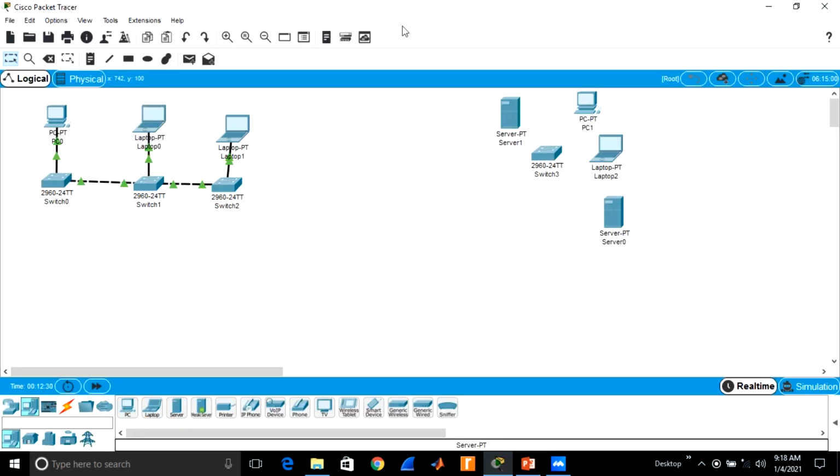By using... network is unstable, we use the servers, one is a DHCP server and one is a DNS. For that, in today's lab there will be a lot of devices. So when we configure every one by one, it will be difficult for us. Therefore, we use a server.